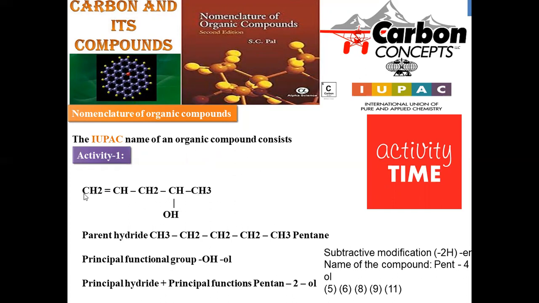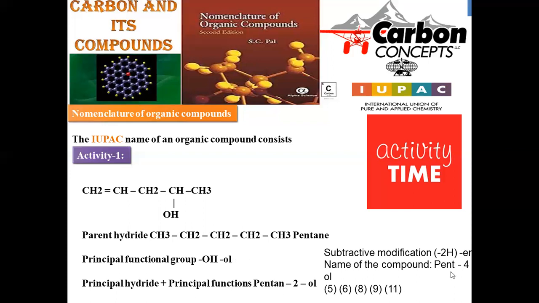1, 2, 3, 4, 5, a 5 carbon parental chain length. The second carbon is associated with the OH group. The fourth carbon is associated with the double bond. Right. So for the second carbon hydroxy, the IUPAC naming will be ol. And being a 5 carbon chain, pentanol. 2-pentanol will be for this compound. Then what do we have to assign as the prefix for this double bond? 2-ene. Sorry, not 2-ene. 4-ene, because the double bond resides on the fourth carbon, so here 4-ene 2-pentanol.